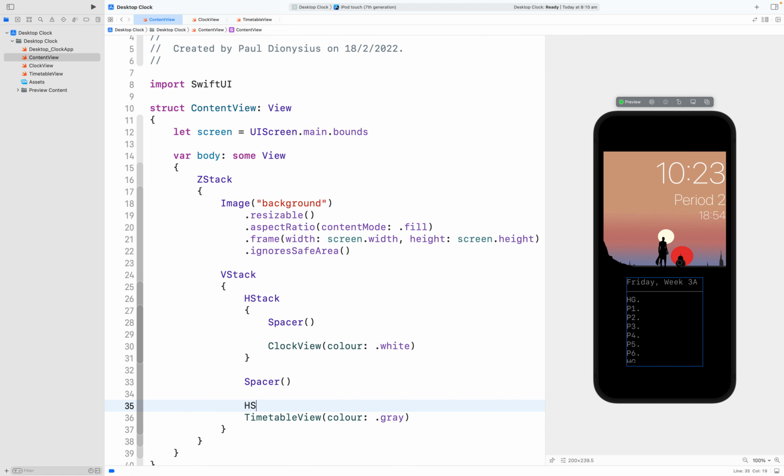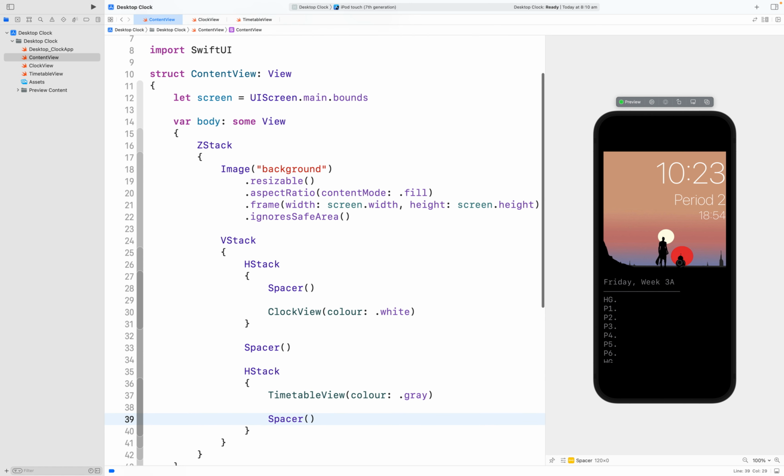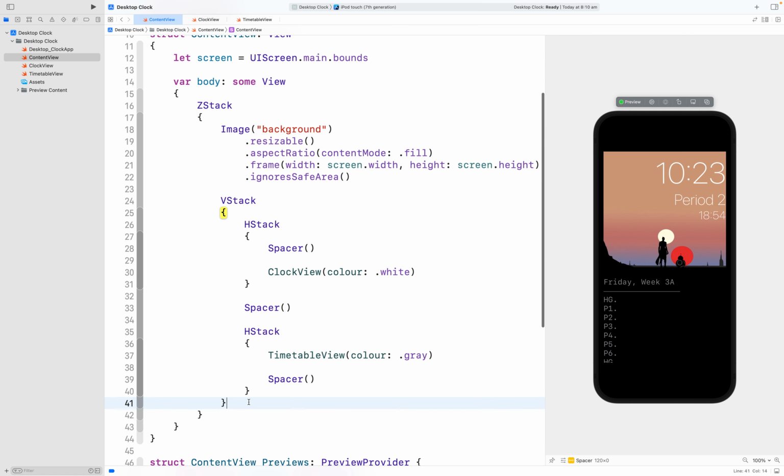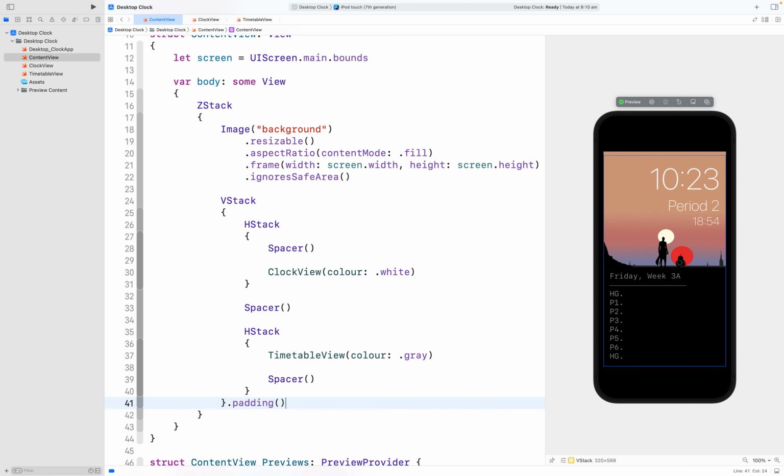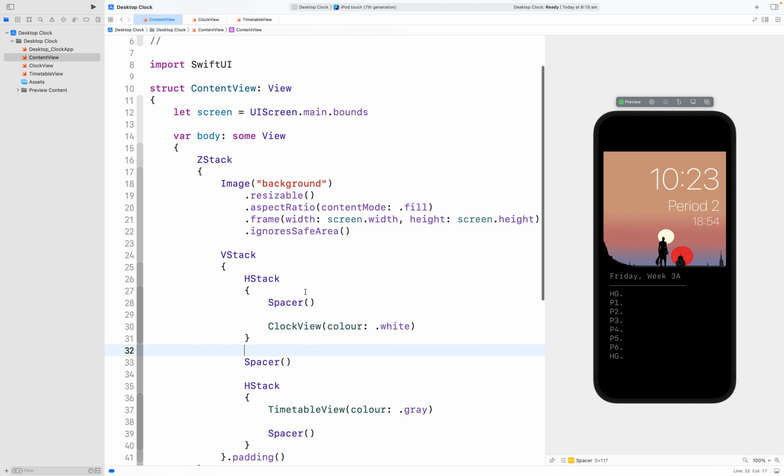Do the same for this one here, and spacer. Done. So that's now right on the edge and right on the edge because of the spacer. It's gone away from that safe area as well, which is not ideal. So I'm just going to throw in on my V stack. You can see the V stack because of the squiggly brackets lining up. Dot padding. Now we'll put some padding around the entire V stack, pushing all this into the middle. Job done. So the only thing that we really want to change here as we finish is actually to go